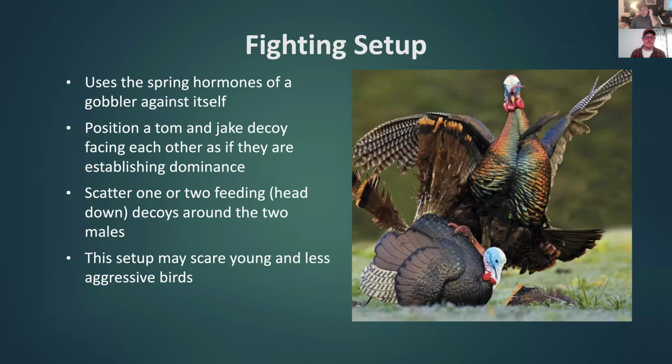All right, this next setup, again, we're just slowly increasing urgency. You can view this as maybe that feeding setup is what you try on set one in the morning. Then maybe you try no decoys. Then maybe you try a walking harem set where they're leaving the food source. But maybe you're finding that's just not pulling in the birds. Maybe the birds are landing in your field, they're looking at it, they're interested, but they're just not committing. That's when you can increase the urgency just a little bit and essentially use those rising testosterone levels in the male turkeys against them.